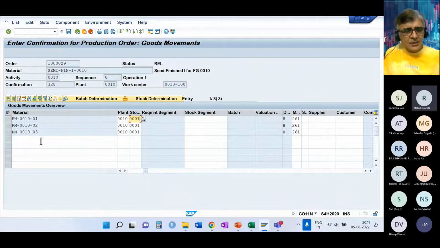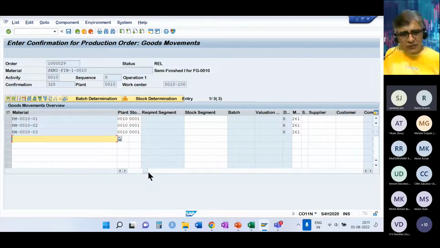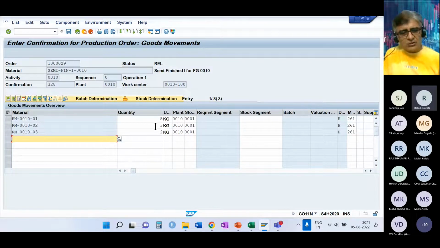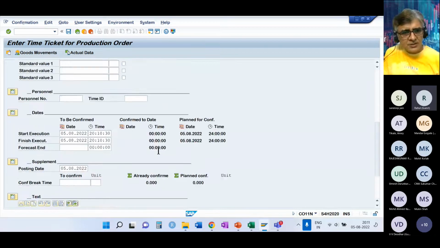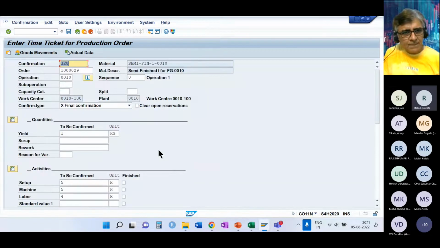If I need some other material, I can also add that material here. Or if I want to change the quantity, I can, because this is the planned quantity. But in actual, I may need more or less quantity. So let me say I need actually 7 kilo, not 3 kilo, of this material. Okay, so this is now ready for confirmation.